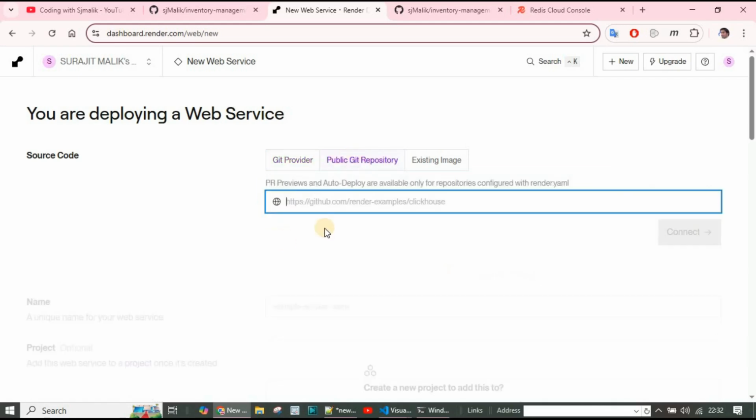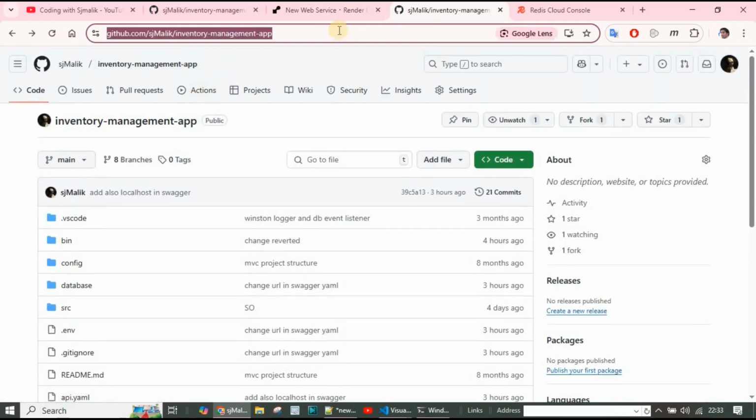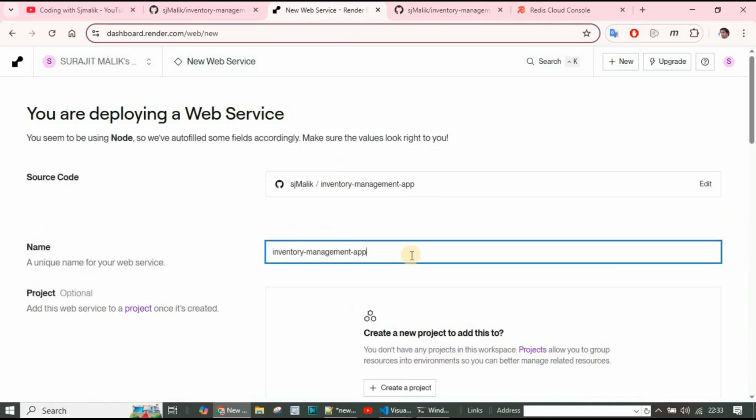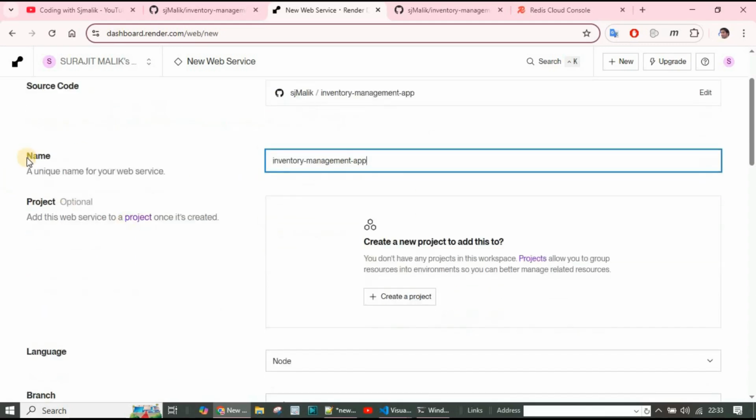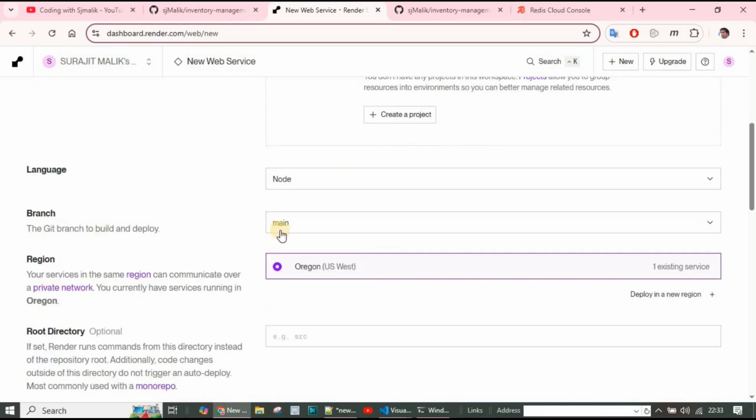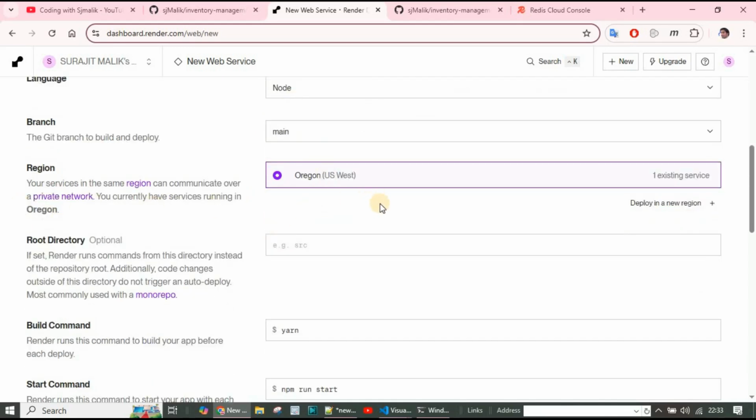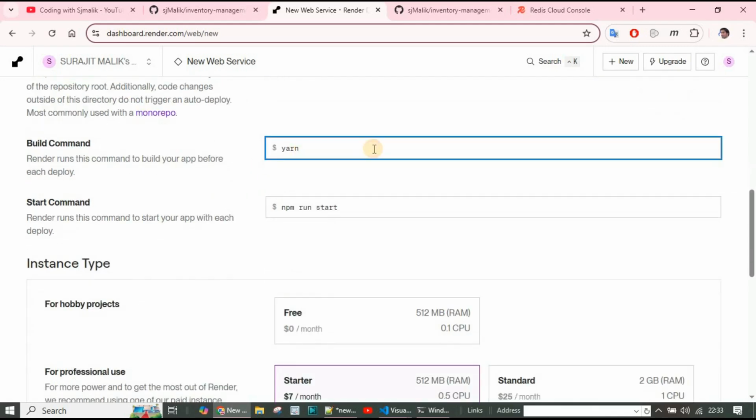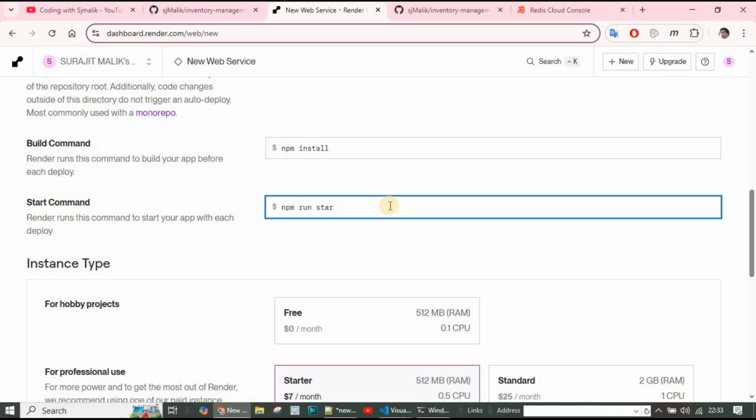So let me go here, let me get this link, paste over here and connect. So here I got the inventory management application, and the name of the web service will be the inventory management app. Language will be node, branch main, region origin, root directory default, and the build command I will put here npm install,